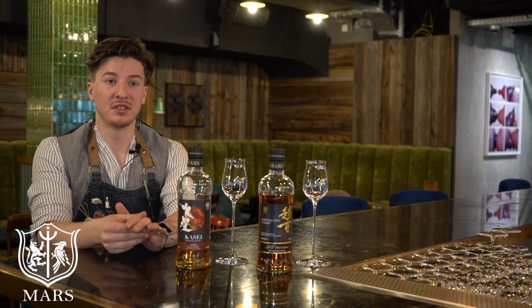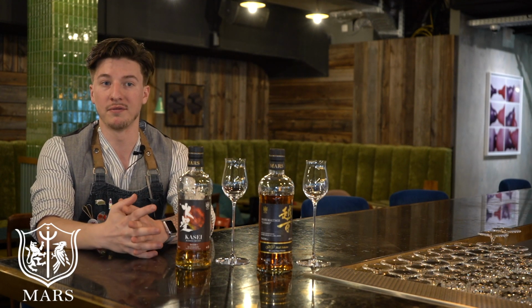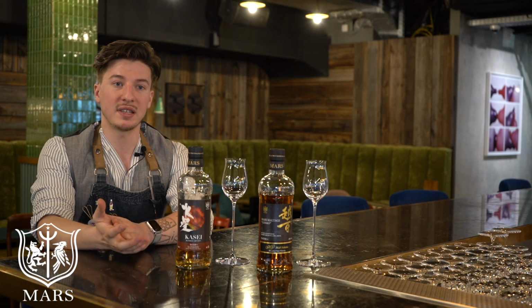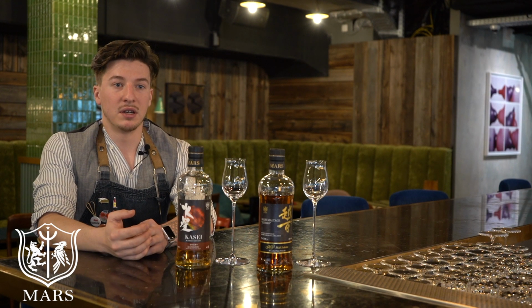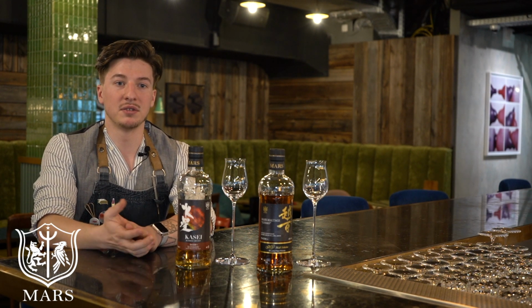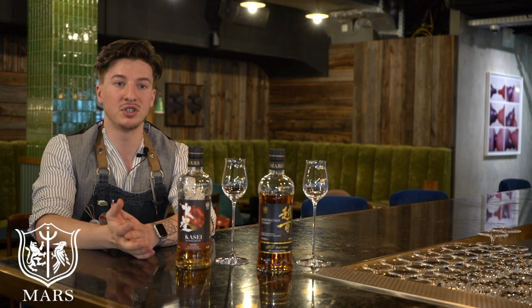So now that I've mentioned there are 3 different sites they have, let's go through them and the most important information about them. The first one is Shinshu. Shinshu was built and founded in 1985 in the heart of Japan. The distillery stopped the production between 1992 and 2011, but as I mentioned earlier, the blending and bottling procedure was